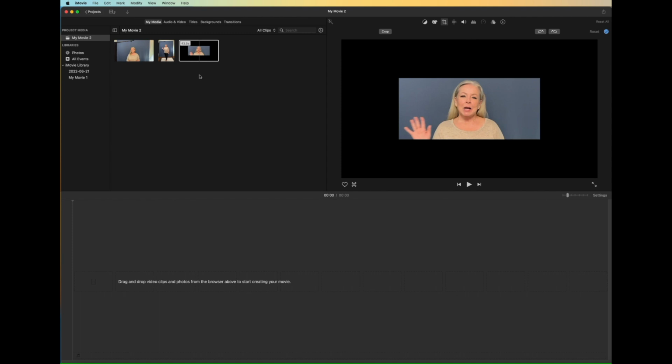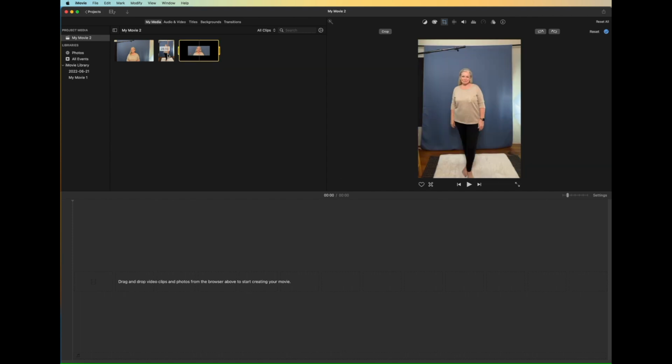Now we're going to move over to your full body. On the full body, we're going to do the same thing. We're going to go to crop. We are going to select the top center handle, drag it down to just above your hairline, and bring it in each side fairly tightly. Now the bottom, you can leave your feet in if they're adorable, otherwise feel free to drag it up, but try and keep it around no higher than your knee level or just below your knees, and then click return